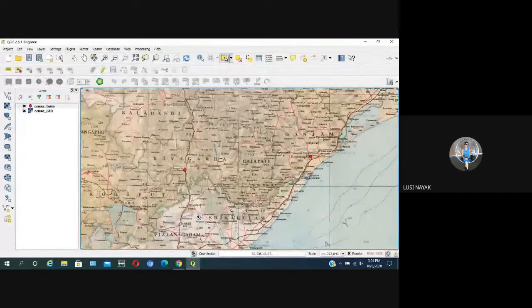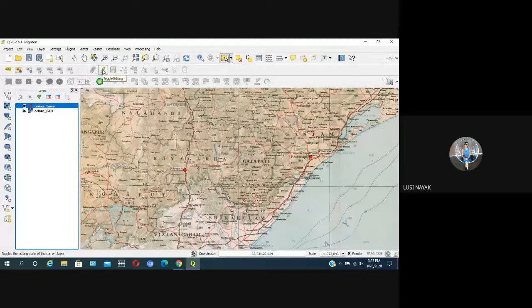Lochanjali, how to delete a point. Just now she has explained it again. So how to delete a point: select your vector layer, then toggle editing. If it is in editing mode, don't go for toggle editing. If it is not in editing mode, go for toggle editing. If toggle editing is on, then all the right side buttons will be active.